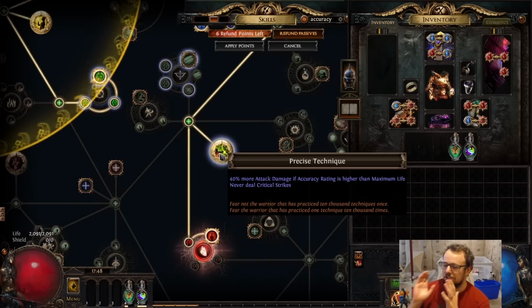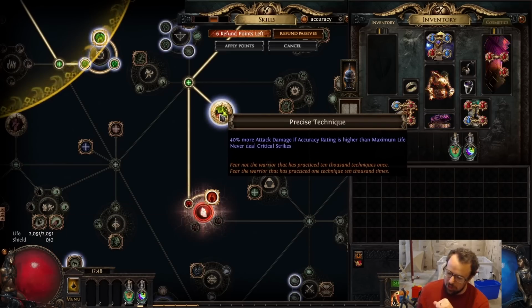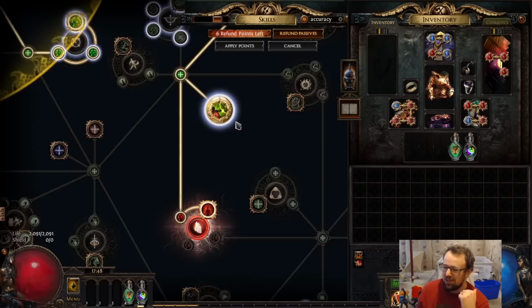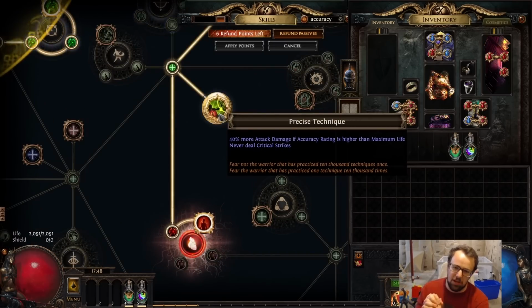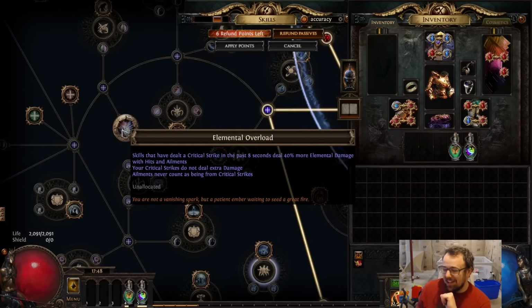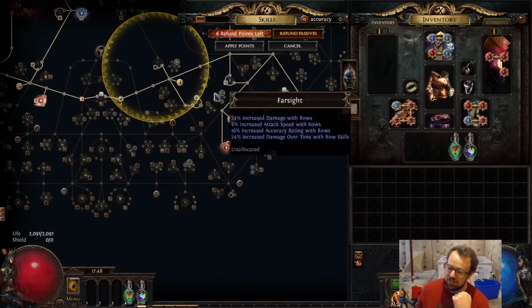Moral of the story is I just have to make sure my accuracy is higher than my life pool to get the 40% more damage. I know I don't need accuracy to hit because I have hits can't be evaded. That comes with Doryani's Fist. But at the same time, I do want this multiplier because the other option is Elemental Overload, and it's really hard to get this to be a consistent uptime, and I'd rather just have the consistency of it's always there